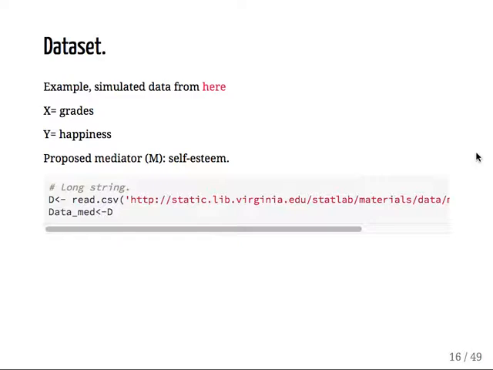So if I get good grades, then my self-esteem goes up, and then I report more happiness. So that could be a sensible model. And so in this case, I download some fake data from this example from this link, and I just use